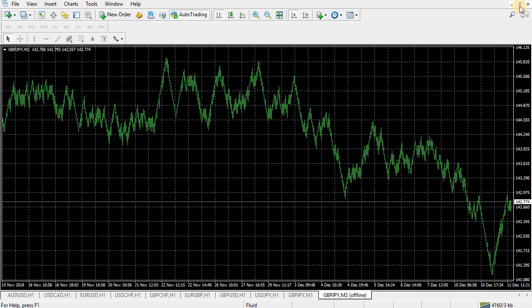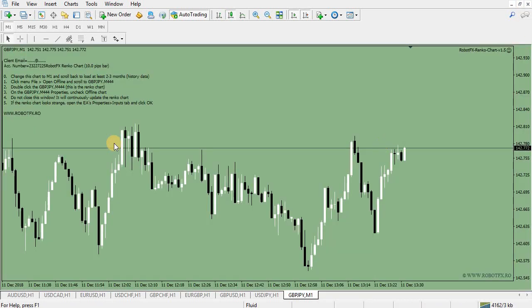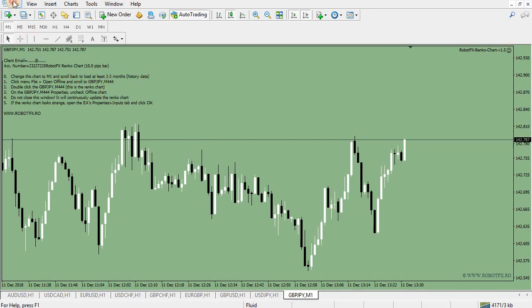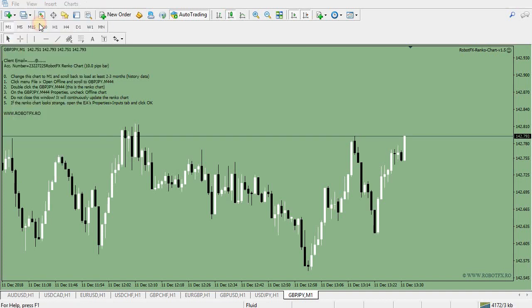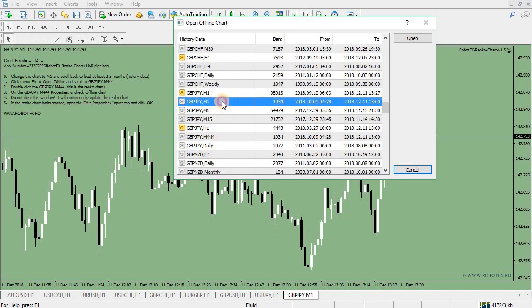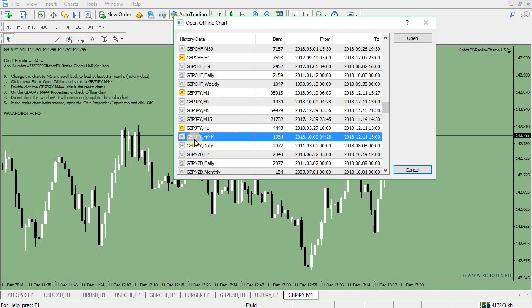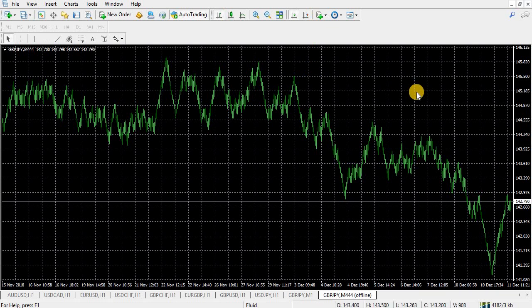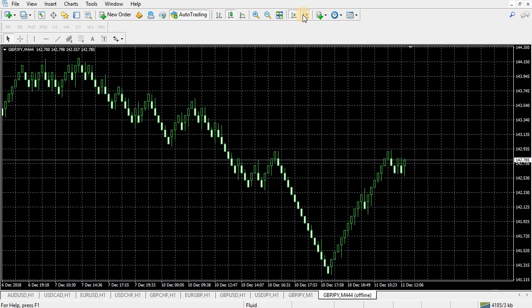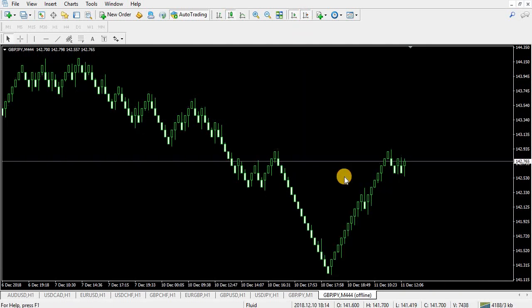Now we can close this chart because it is no longer updated, and do the process again. You already see it here in the instructions. Click the file menu, open offline, and scroll to pound yen 444. We still have M2. It doesn't disappear. It doesn't get deleted. It's only that another chart is created. M2444, and this is the Renko chart that we want to obtain. We can get rid of the grids,